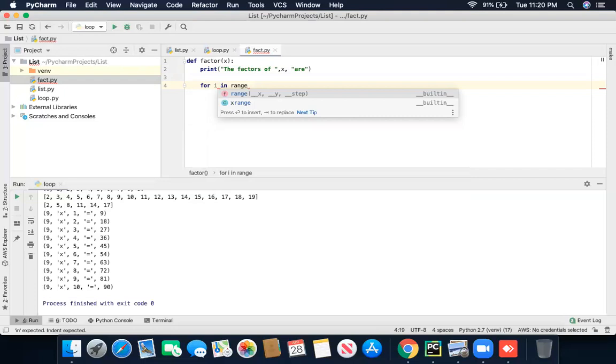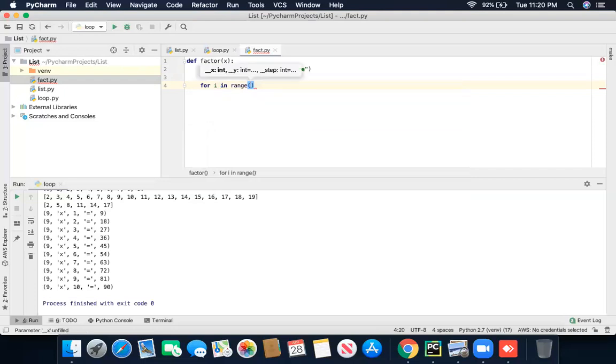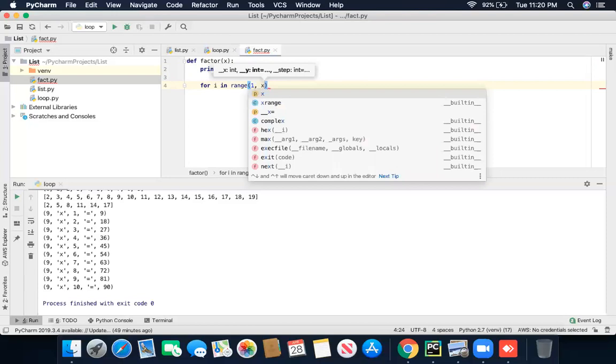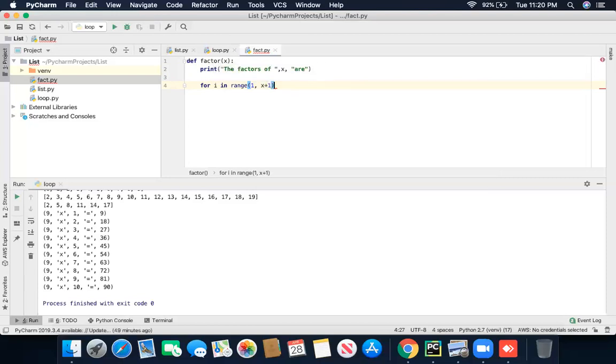I'm going to start the range of my loop from 1, because whenever I have a number, it will always have at least one factor; nothing exists in the world that doesn't have any factor. So my factor starts from 1. And the number I have to use for the factorization is x plus 1, and colon. Got it?